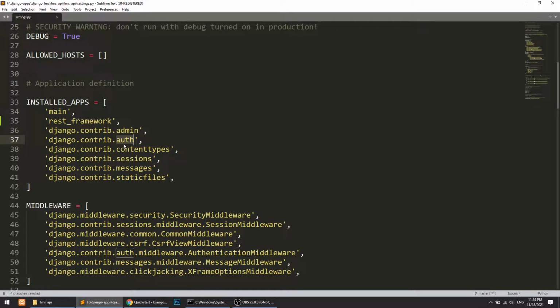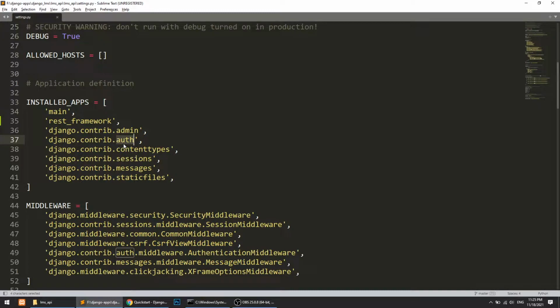So we need to create an API, and our response will always be in JSON format. How can we convert this model data to JSON? The REST framework provides us serialization. With the help of a serializer, we will transform our models into JSON data.